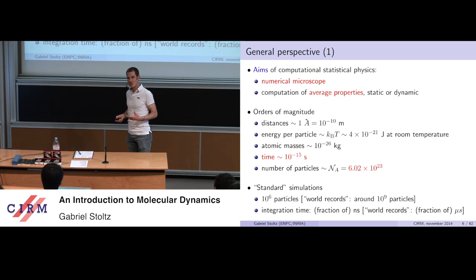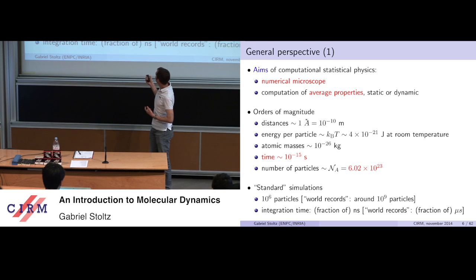The first point is to give you some orders of magnitude, which are very, very different from the typical macroscopic orders of magnitude. And there is no way I can sufficiently emphasize that. So the first point is that the distances are the typical interatomic distances. It's of the order of an angstrom, so 10 to the minus 10 meters. The energies are very small, per degree of freedom something like 10 to the minus 21 joules. The masses of the particles are very small, of the order of 10 to the minus 26 kilograms. And the typical times are also very small.